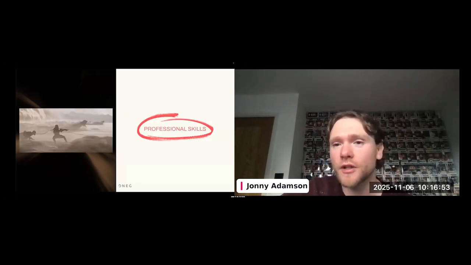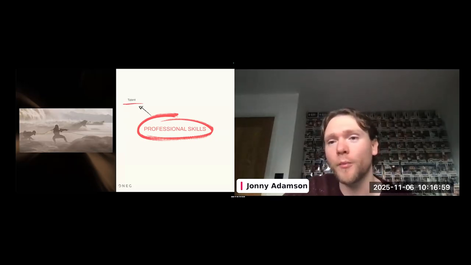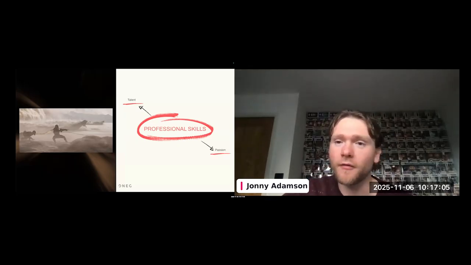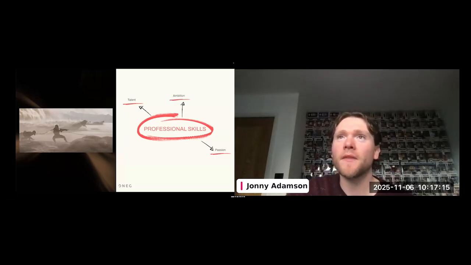And then the professional skills that we look for as an employer, as a visual effects company. We want talent, ultimately. We want the very best in the world to come to DNEG and do the work that we do. Passion, a love for film, a love for your craft and what you do will carry you over the more challenging days and sort of motivate you to do the very best that you can.